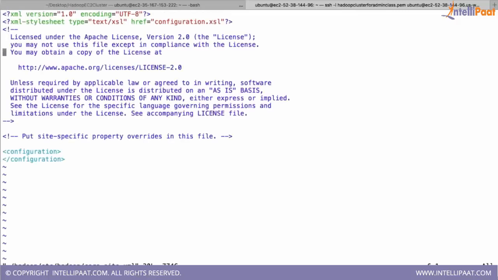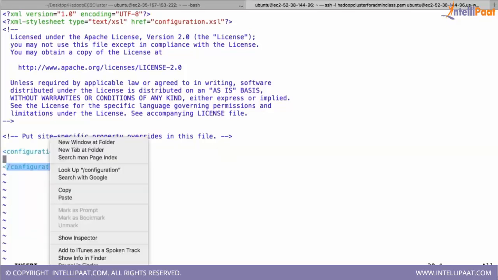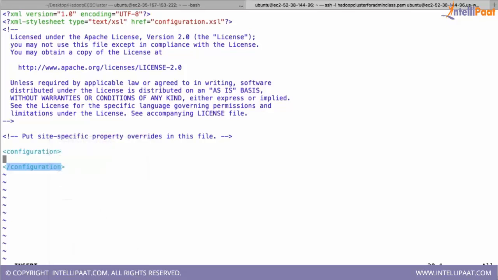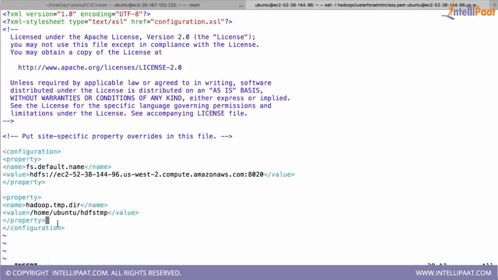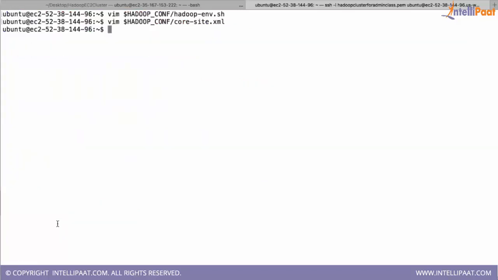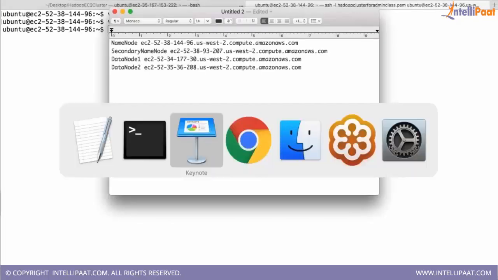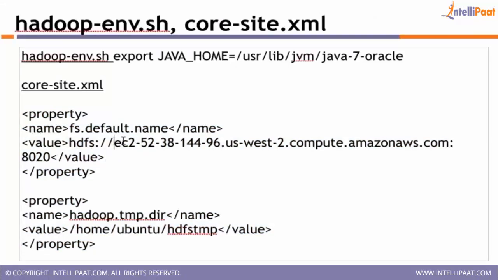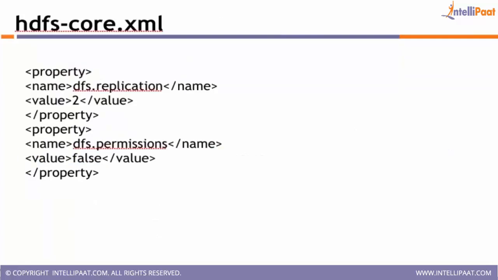Okay, inside the core-site.xml, you can see there is nothing inside the configuration node. This is the XML document. Whatever starts with less than and ends with less than slash, this complete thing is called a node. In between these two nodes there is nothing, so we are going to paste this content. It should be inside the configuration node. Now you save this. Remember, it is actually the host name of your name node. Now we will go to the next step.